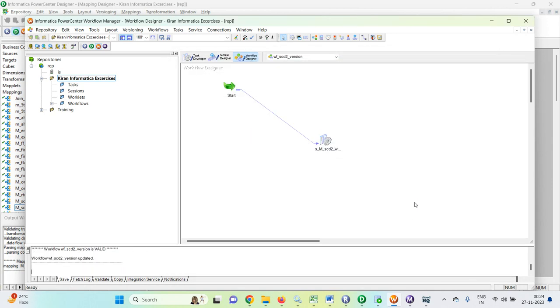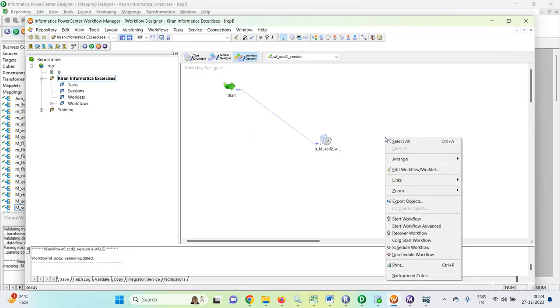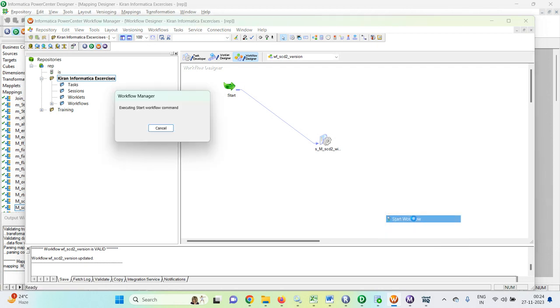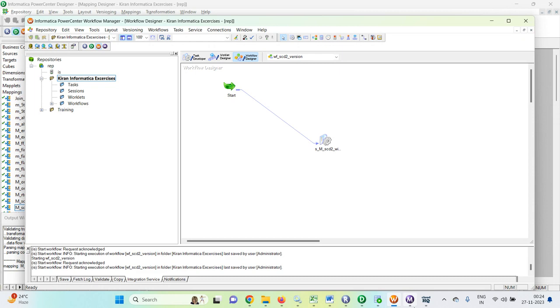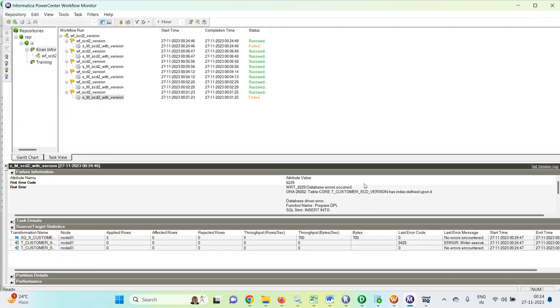Save it here, right click on the workflow designer, and click on start workflow. So it failed. Why did it fail? It is giving the error: database error occurred. Table code dot T underscore customer SCD underscore version has an index defined on it. Which index did we define on the